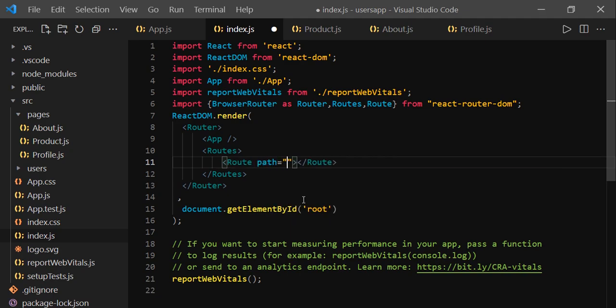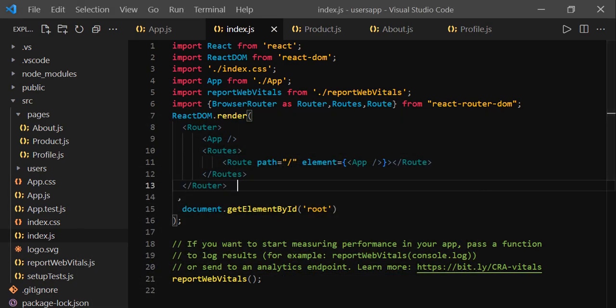Path slash: whenever the user launches the application for the first time, we are going to launch the App component. So element, and here we use curly braces, and inside that we refer to the component the same way we define a JSX element or HTML tag.